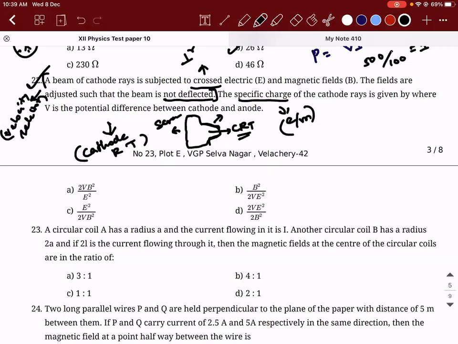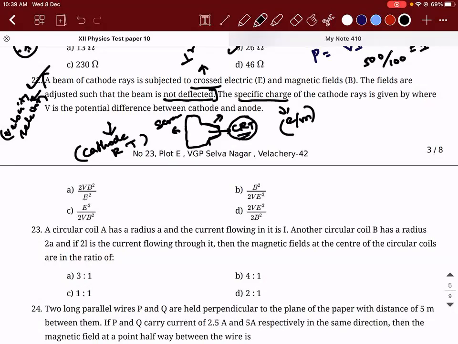tube monitors. The reason why I'm telling all these things is this can come as a source-based question also. At that point, if they use these kind of words, don't get scared. Read the question properly. Okay, the question will be simple, but I'm just being alert that you should not get scared looking at these words. That is the reason I'm explaining.